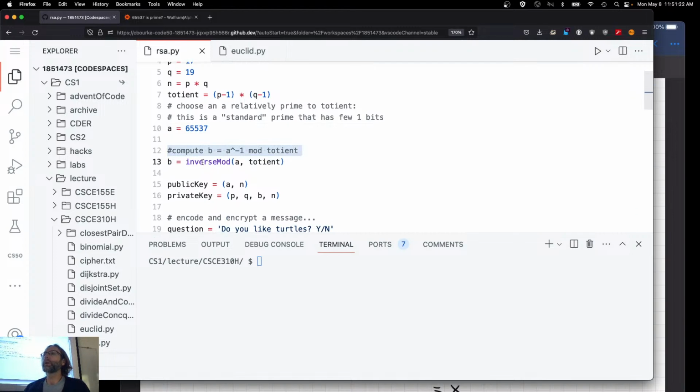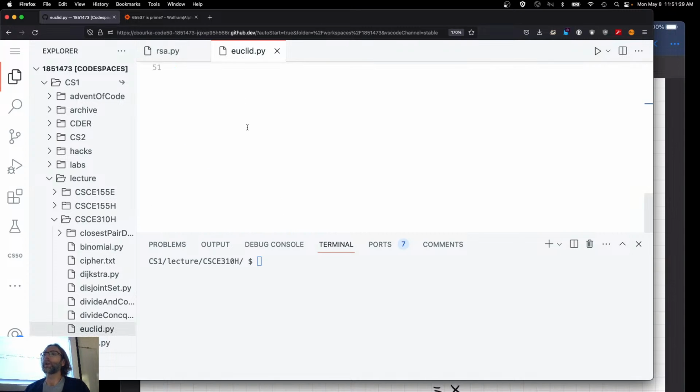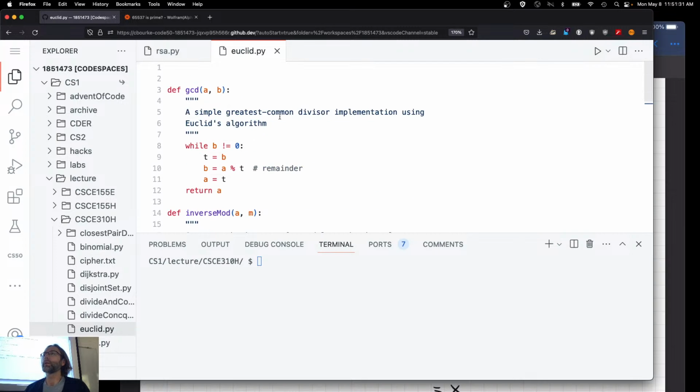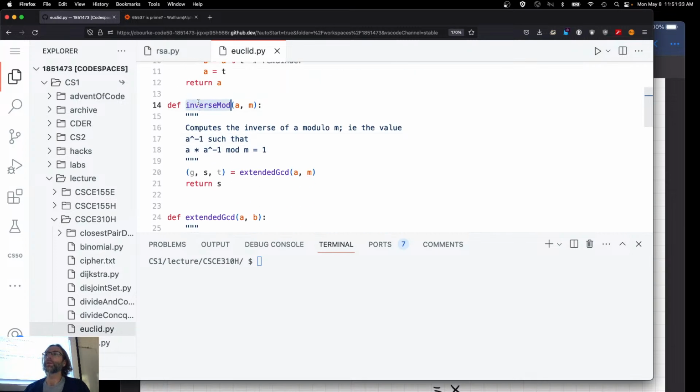Now I'm going to compute b, which should be a inverse mod the totient. I've got an external function to do that over here in my Euclid library. I had to write it, inverse mod. Don't worry about it. It's an extended Euclidean GCD algorithm. Again, if this were a full CS3 course, we would be going over this. In fact, we would have gone over this in a previous